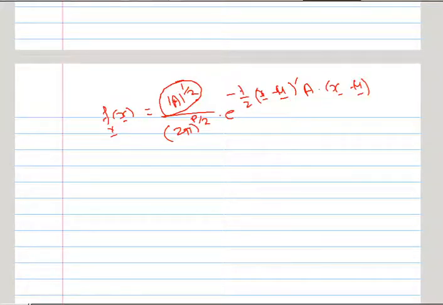p by 2, e raised to minus 1 half, (x bar minus mu bar) prime into A into (x bar minus mu bar), and this exponent is nothing but the distance function between x bar and mu bar. The higher the distance of x bar from mu bar, the smaller the density will be. As x bar moves away from mu bar, the density will go on decreasing, and that will happen in an exponential manner. So whatever is there in the univariate setup is equally applicable for the multivariate setup.